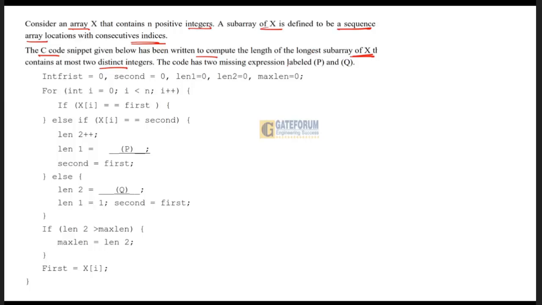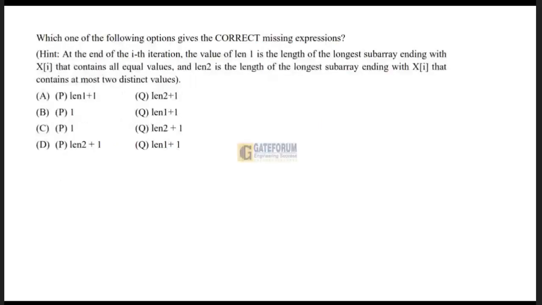The code has 2 missing expressions, labels P and Q. Here something is missing, P, and here something is missing, Q, right? And this is the code which is given. The question is expanding like this. Which one of the following options gives the correct missing expression? Hint: at the end of